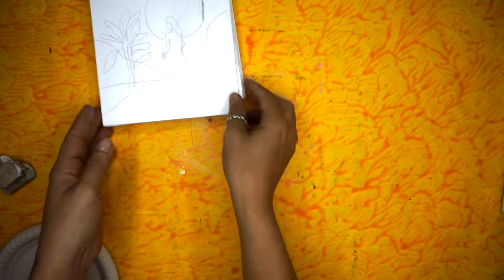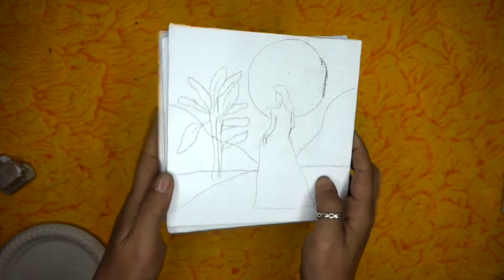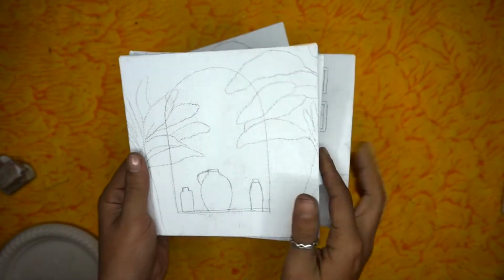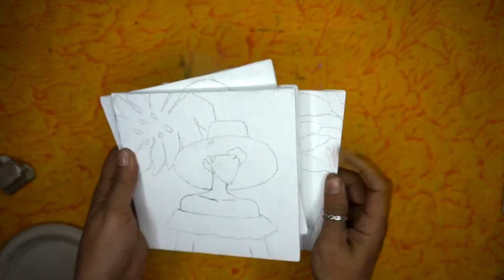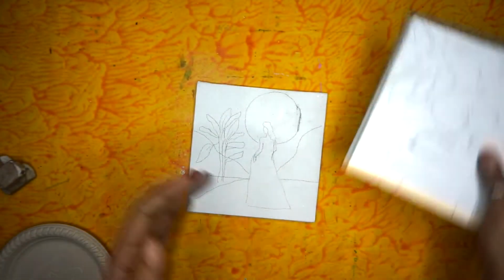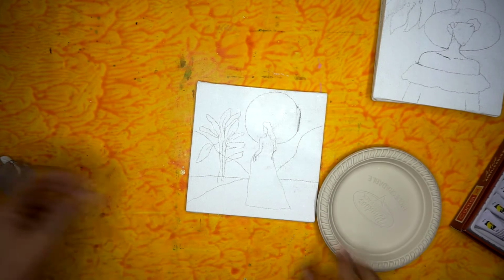So let's start from the very first painting of our 4 canvases. But before that I would like to show you designs I made on these small canvases so that you know what you're going to see now. So let's begin. I think I'm going to start with this one. This is my favorite till now. So for that I'm going to take colors, color palette and